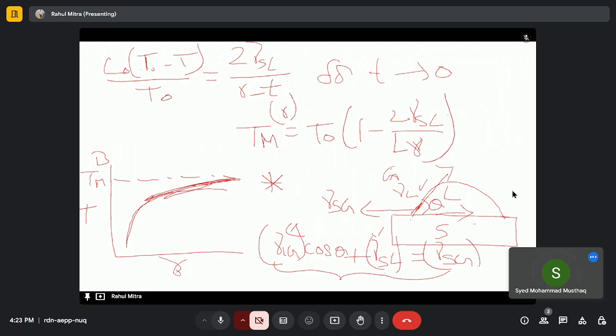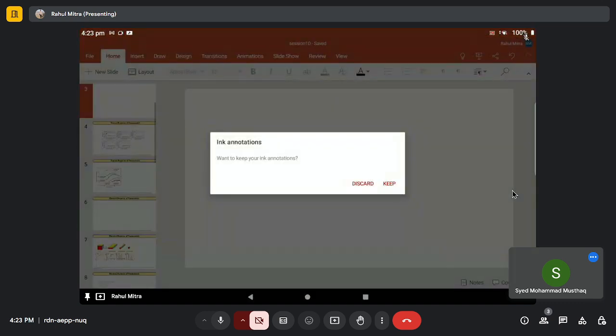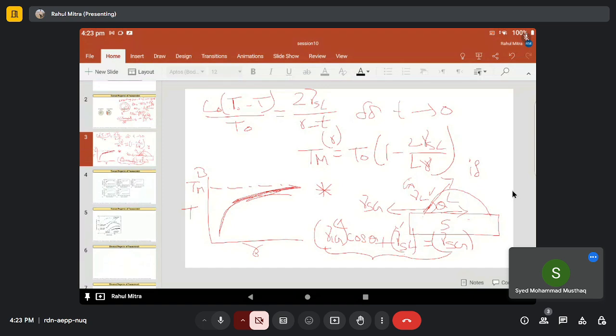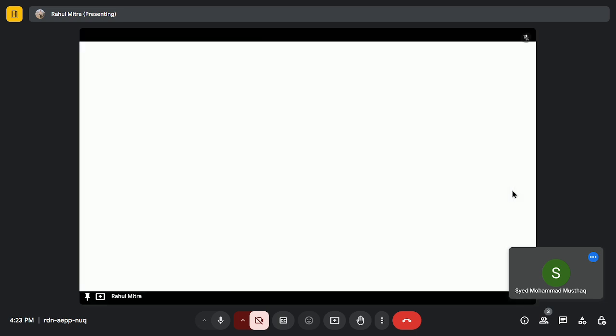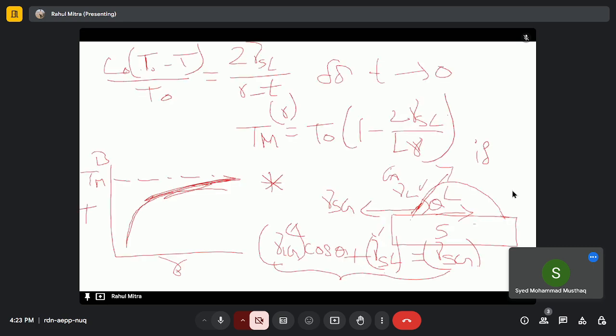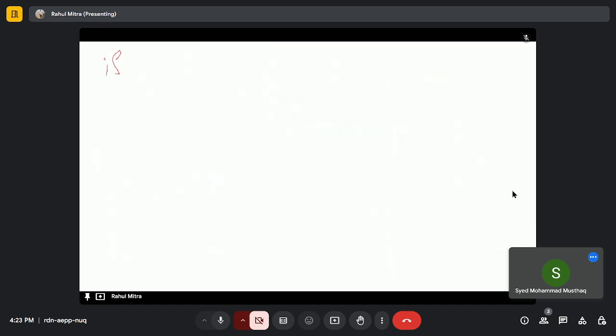So if our gamma SL is greater than gamma L,